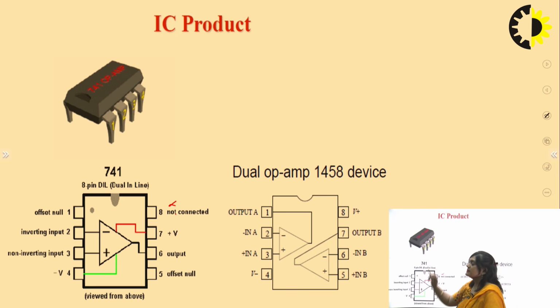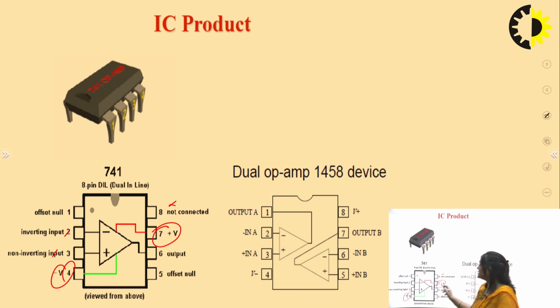And there are input pins, like this is the input pin, this is the input pin, and these are the supply pins. These pins are given a voltage of minus 15 volt and plus 15 volt. This voltage we have to apply across the op-amp to provide the biasing to the transistors that are used in the op-amp for making the difference amplifiers. If we do not apply minus 15 or plus 15 volt at these pins, and we are giving input here, then there will be no output because the transistors in the op-amp are not biased.